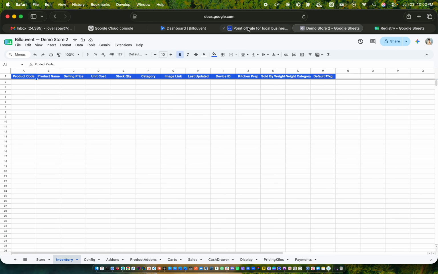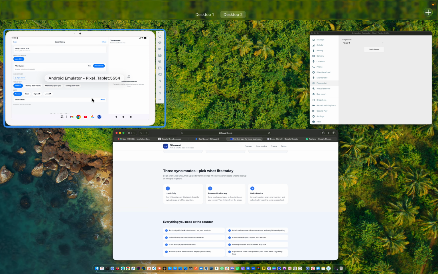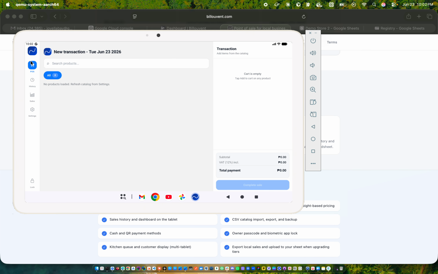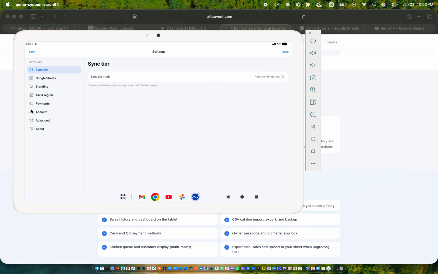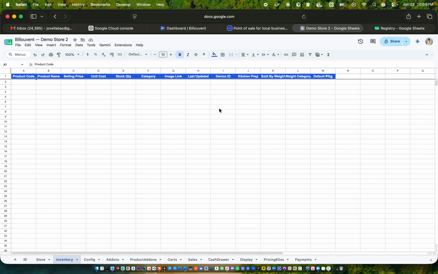I told you earlier in the video that there is also a multi-tier device. That means that it has to be registered first here in the device before the Google Sheet API determines that this particular device is included in the set of devices that are allowed to do operations in the Google Sheets.